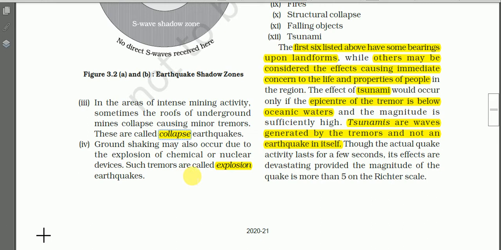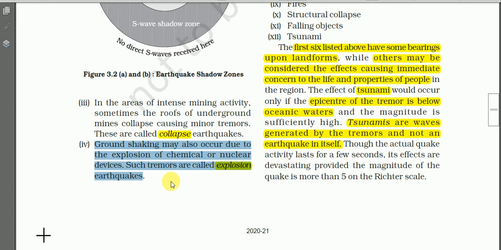Okay, and next we have another type of earthquake known as explosion earthquake. Ground shaking may also occur due to the explosion of chemical or nuclear devices. Such tremors are called explosion earthquakes. When a very powerful bomb, maybe a nuclear bomb, a nitrogen bomb or an atomic bomb is exploded,